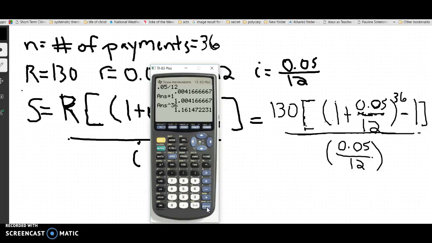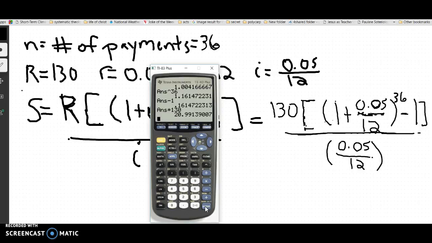Again, I don't need to write that down. Now I have this part. I want to subtract 1 from that, so I'm going to do that now, minus 1. And I get 0.1614 and so on. Okay. Now I've got all of this information. I want to multiply that times 130. So previous answer times 130 is